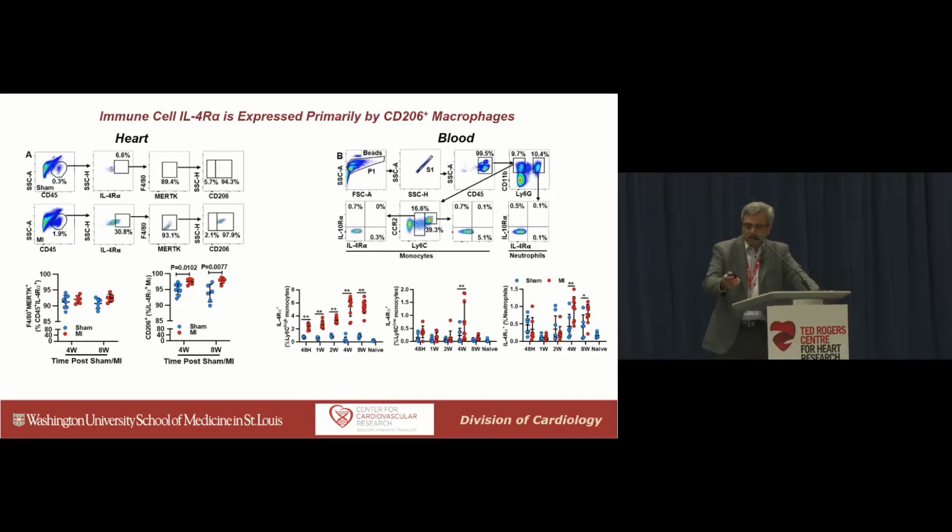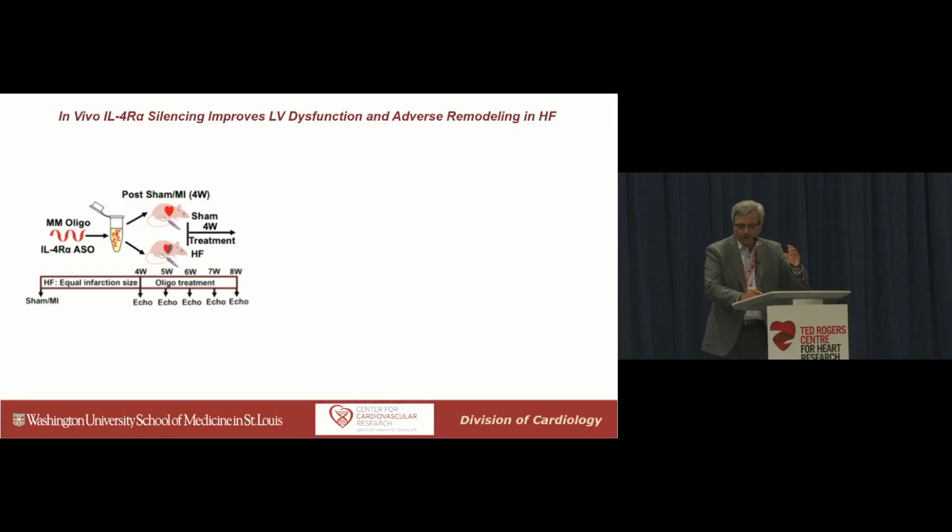And we also looked at multiple other immune cell types, including neutrophils, Ly6C high monocytes, Ly6C low monocytes, not shown here, but CD4 T cells. And they don't express very high levels of IL-4 receptor alpha. The most was in Ly6C high monocytes, about 5%. So if we use therapeutics targeted against IL-4 receptor alpha, it's fairly specific for the expanded macrophage population in the